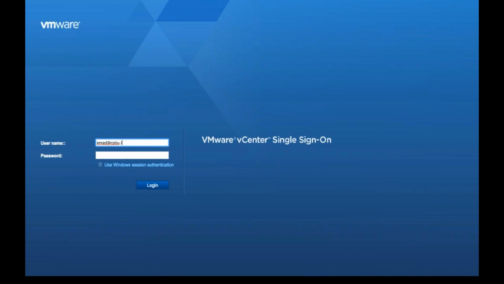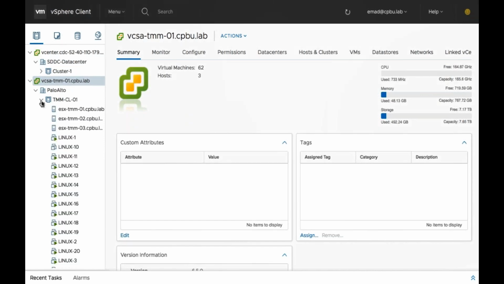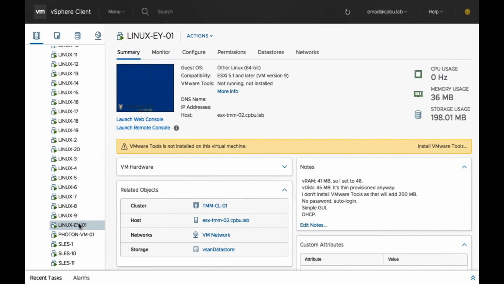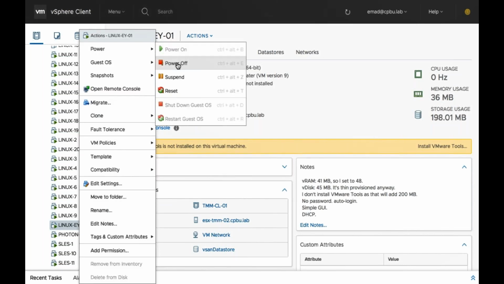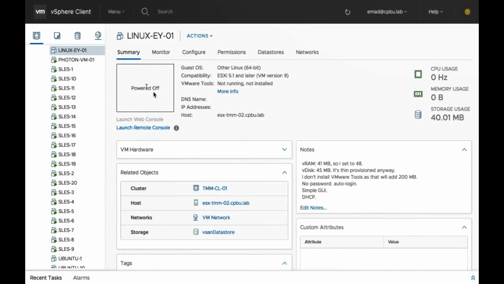If we log into our on-prem environment, and this is the same vCenter that everyone here is used to, you'll see at the very top our cloud SDDC, but what we have highlighted there is our on-prem environment. So if we expand our on-prem environment, we'll choose a virtual machine, we'll right-click it and power it down for this cold migration. And then we'll go through the steps that you normally would do even for a vMotion, which